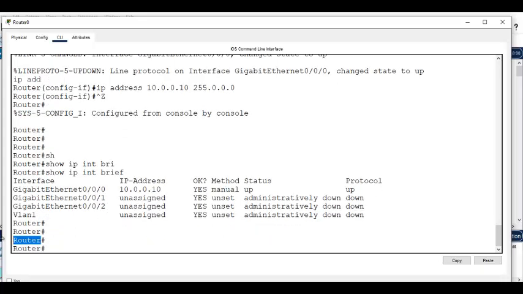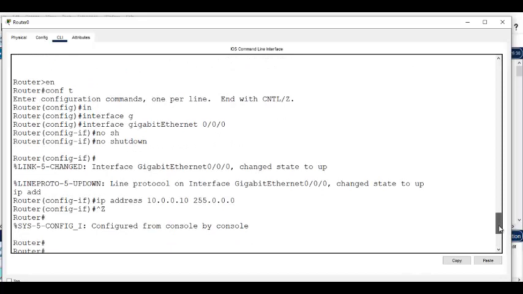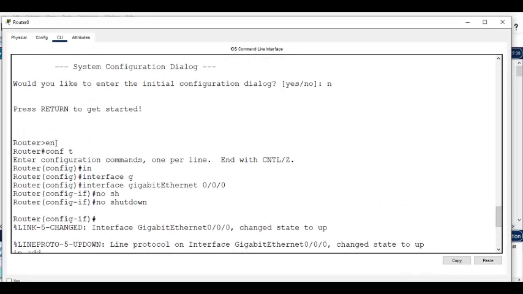But to do this, you might have noticed I used a few commands to come here. I typed a command called enable, and then configure terminal, and then interface G0/0/0, and then I said no shutdown, and then I put the IP address. So what I'm trying to say here is